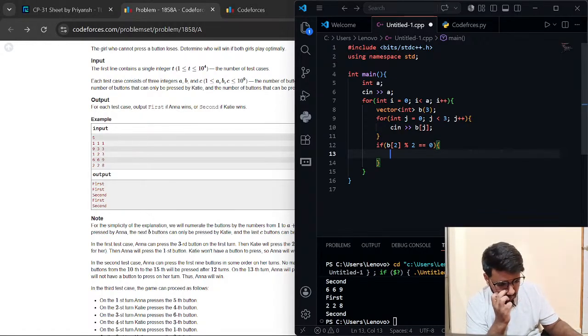If it is odd, then Anna will press the last button of C, and then if it is odd and B is greater than A, then